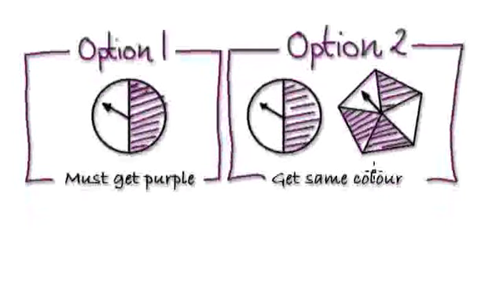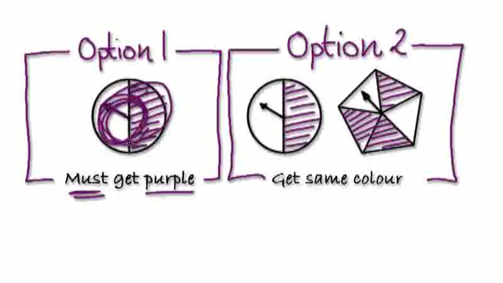Now it's your turn to have a go. Given two options here, would you take option one, where you must get a purple? You've got a spinner here. You're going to spin it, and it spins around and randomly lands on one side. Would you take option one, where you have to get a purple, or option two, where you